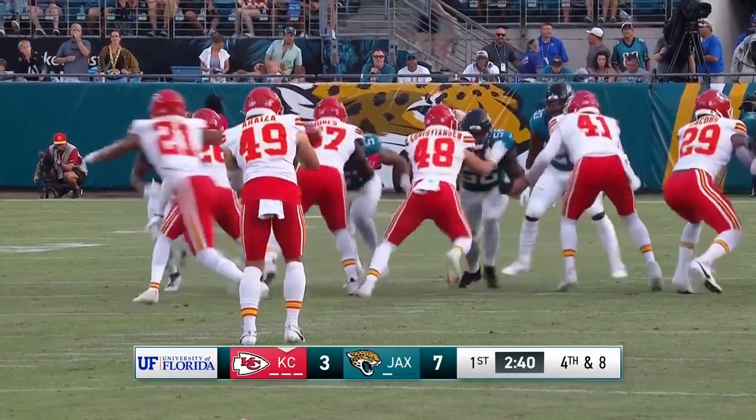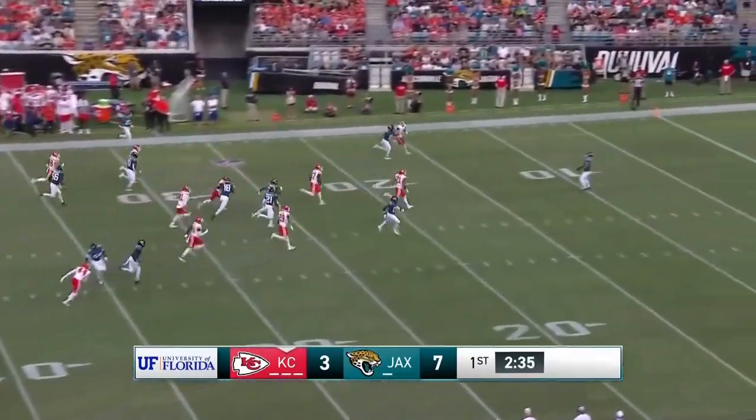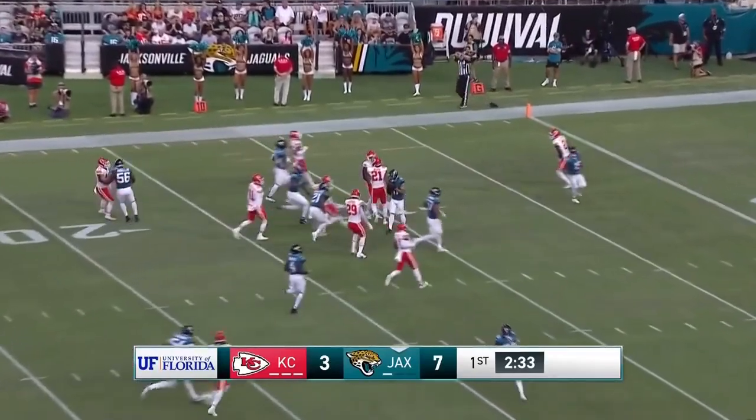7-3, the Jaguars on top. Clock ticking in the first quarter. A high end over end, almost knuckleball, and a fair catch is called for and made by Parker Washington at